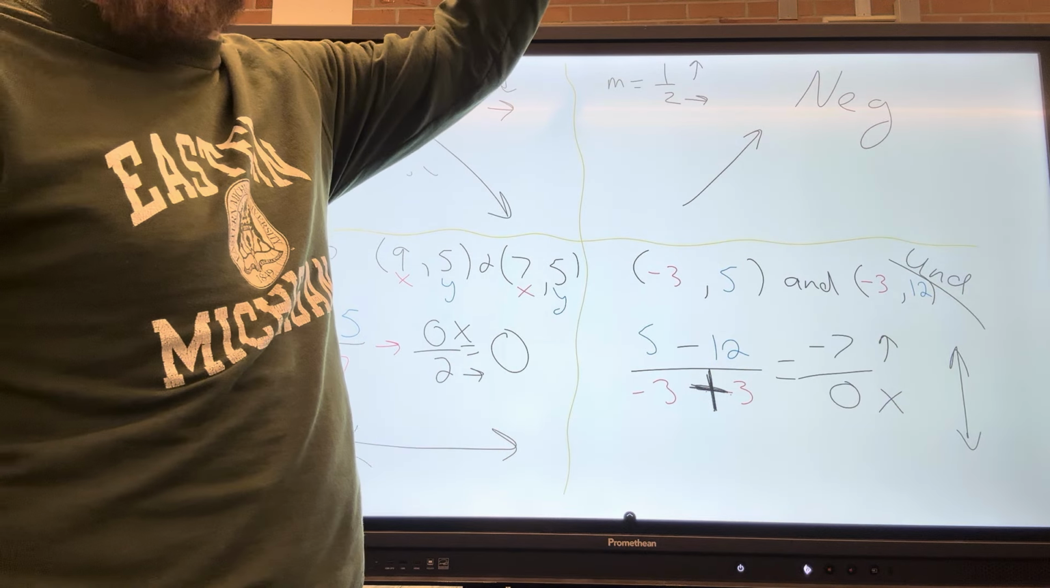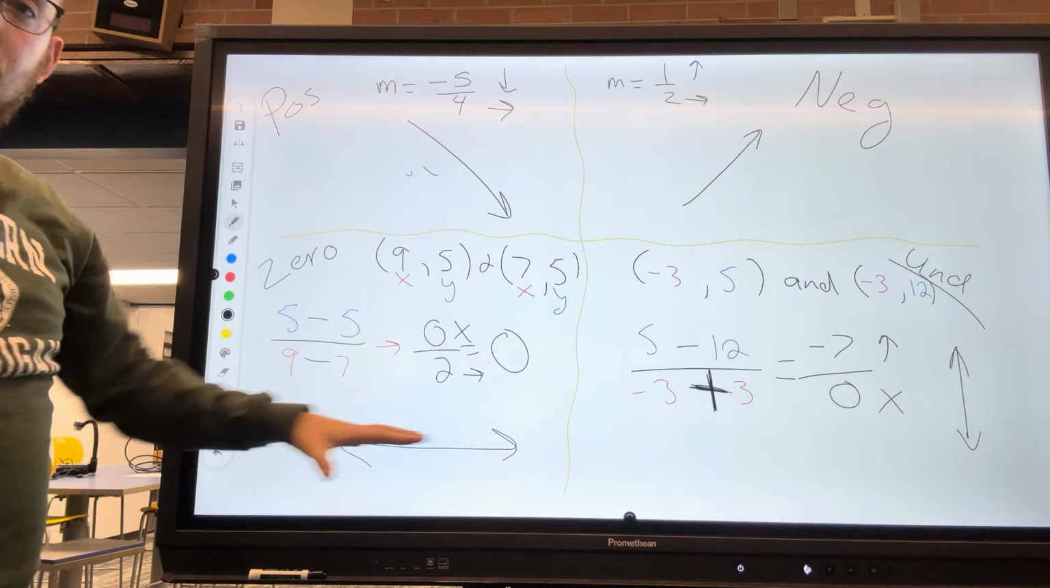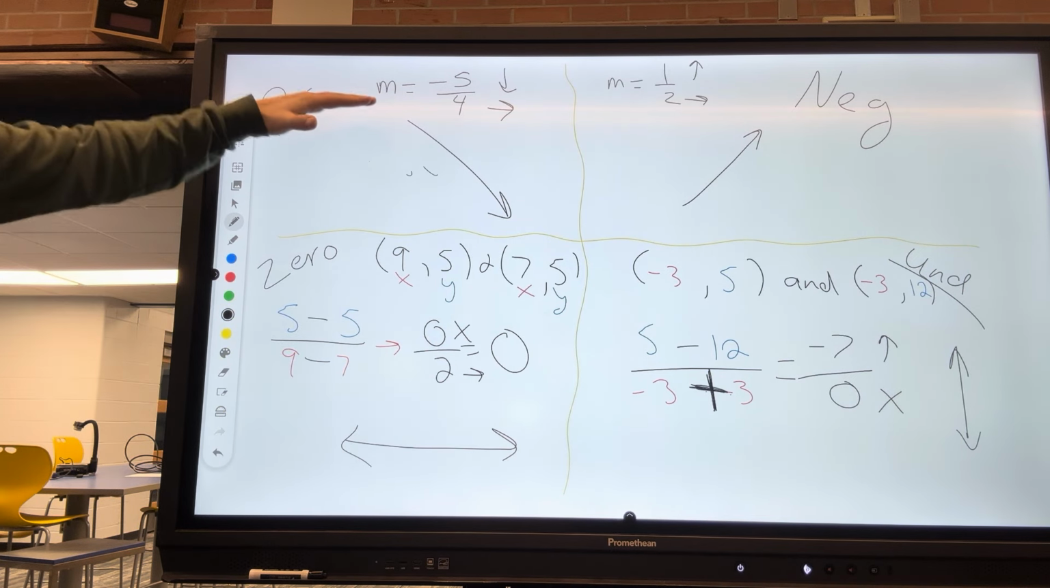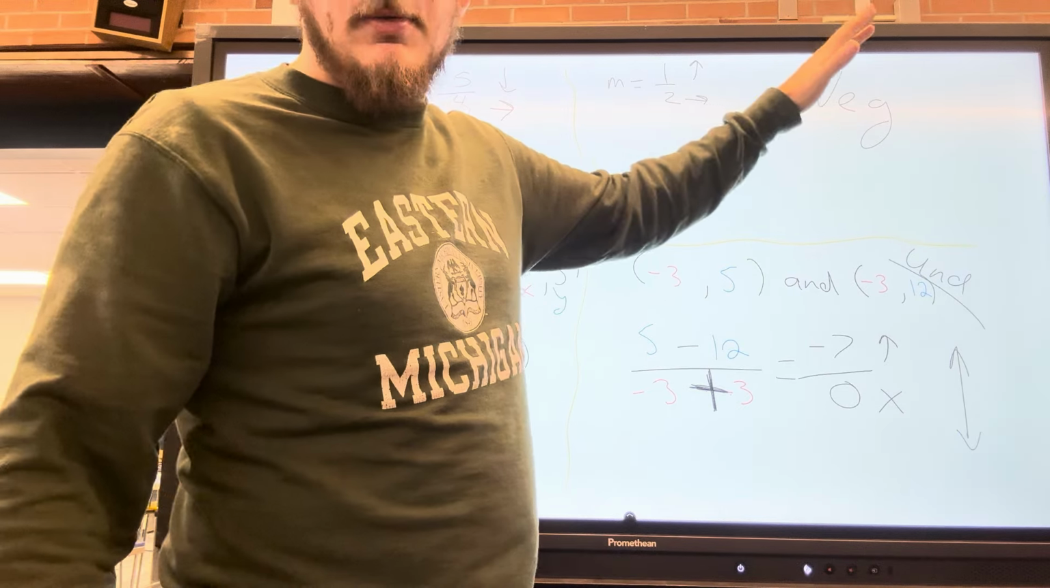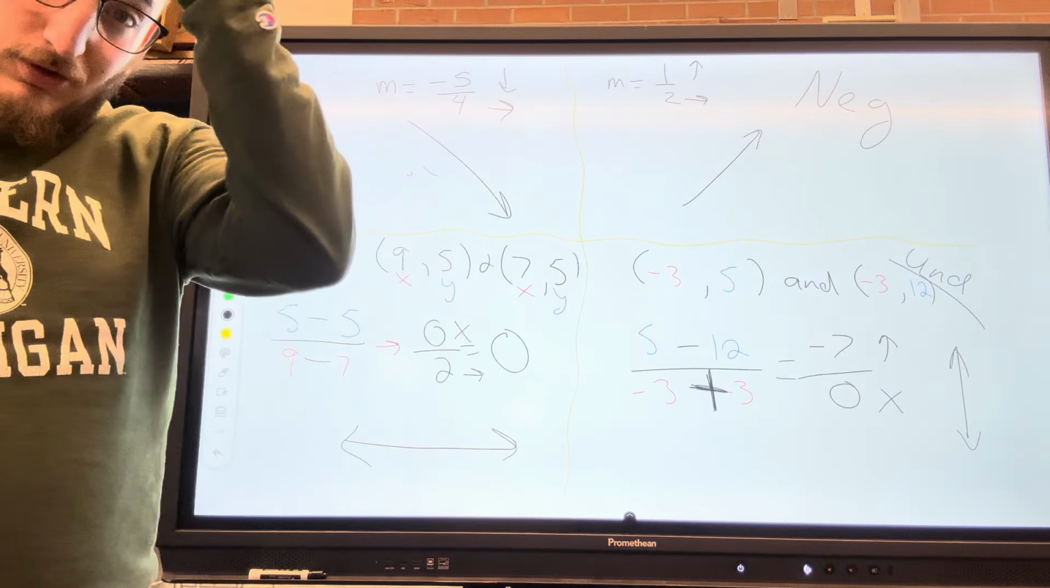You cannot climb that mountain. This is zero slope. There is no mountain. This is a negative slope. You're going down the mountain. This is positive slope. You're going up the mountain. So there's a little